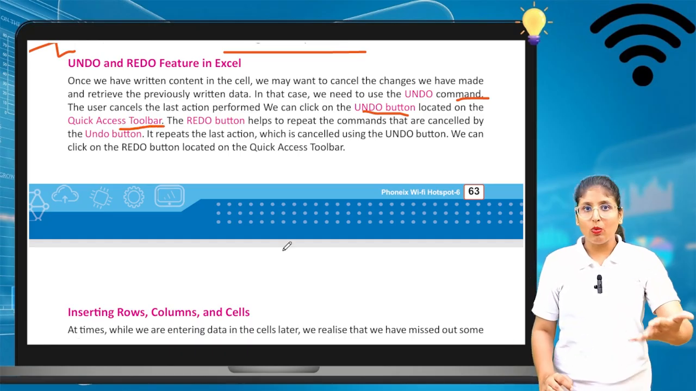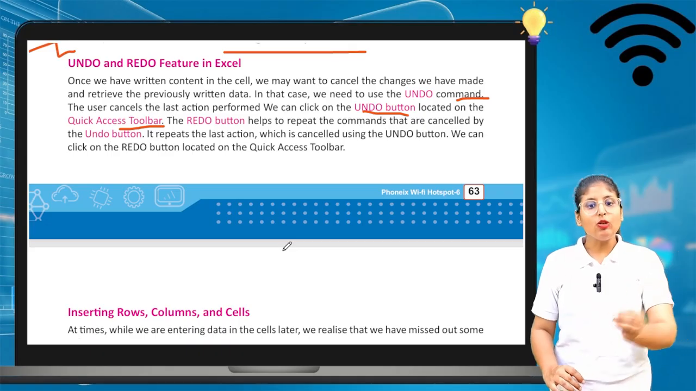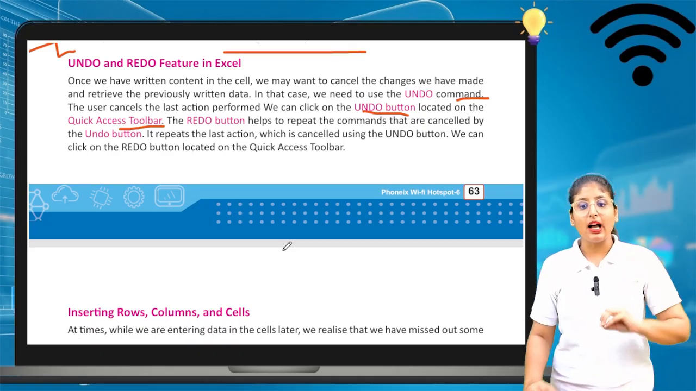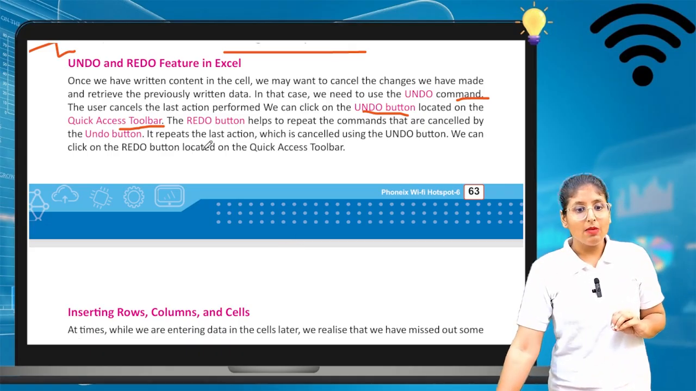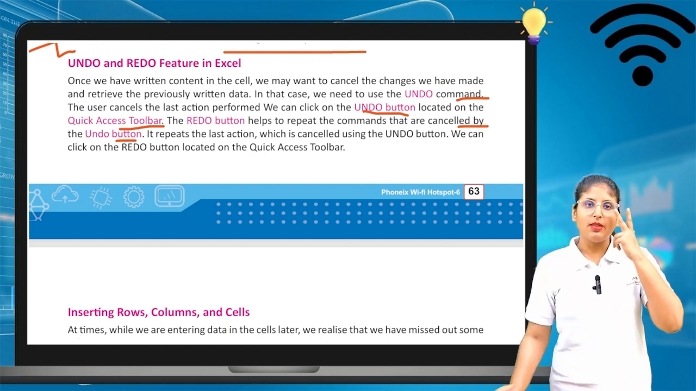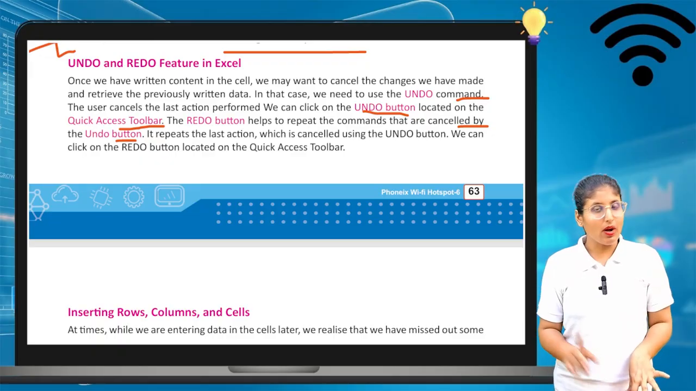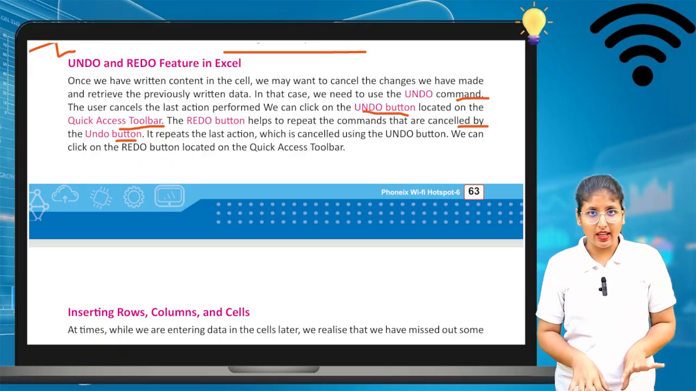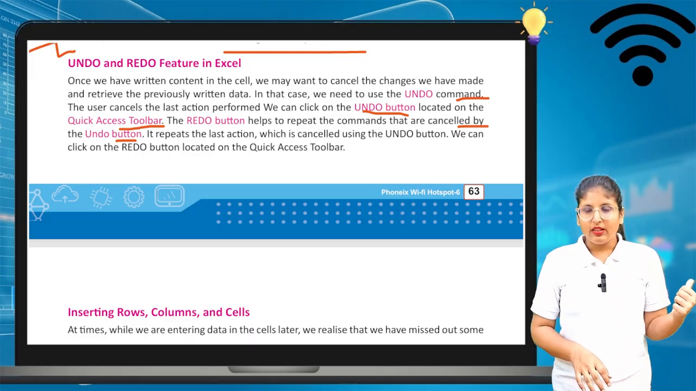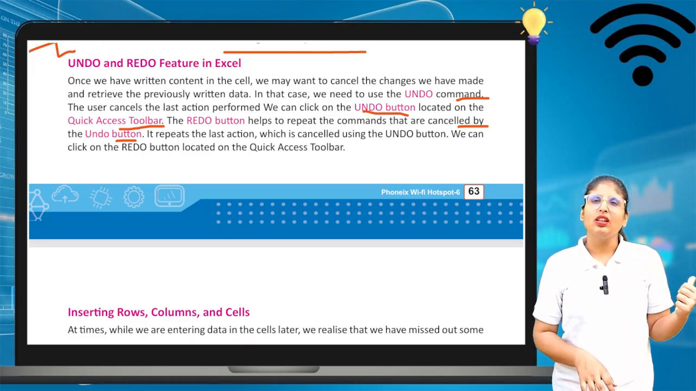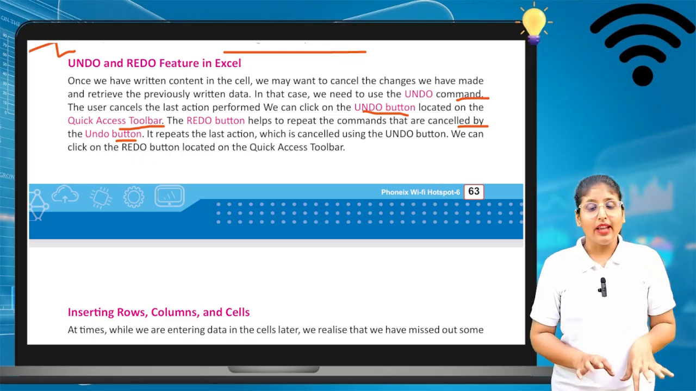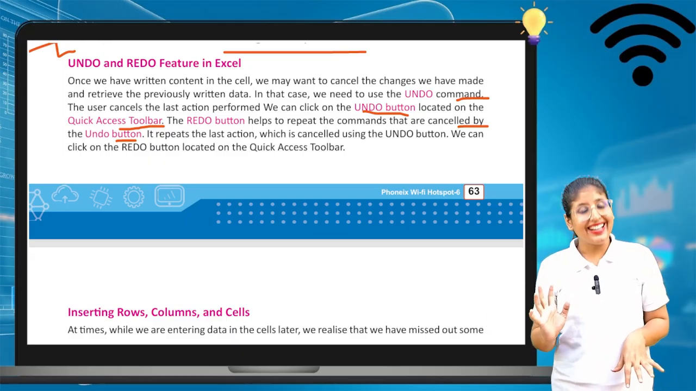What does the redo button do? The redo button helps to repeat the command that was cancelled by the undo button. If I am writing Yashvi, now I am thinking no, I want to write Aarti, so I use the undo command. Then again I think, no, Aarti is not a good name, Yashvi is good. Then I use the redo button